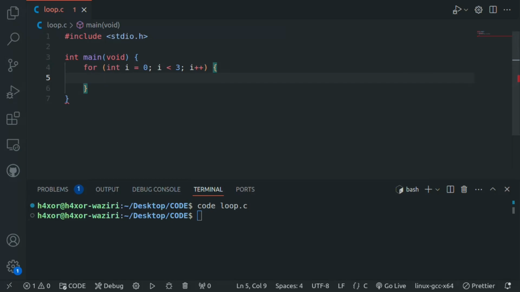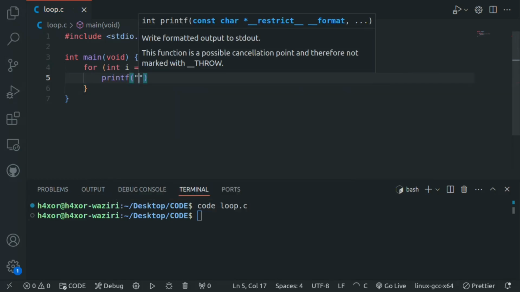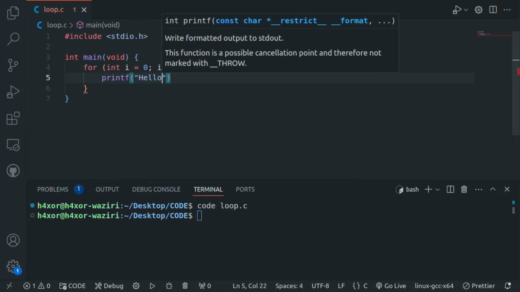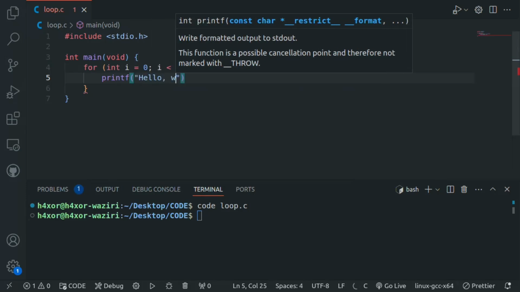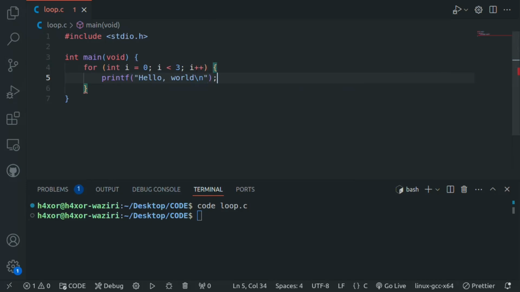Then inside curly braces, printf("Hello, world\n");